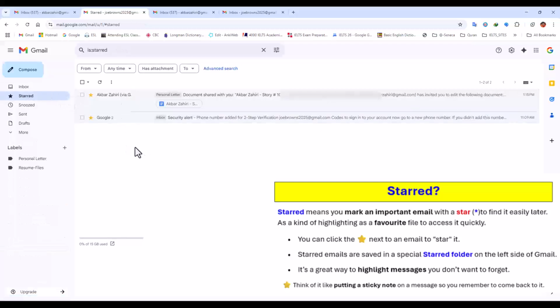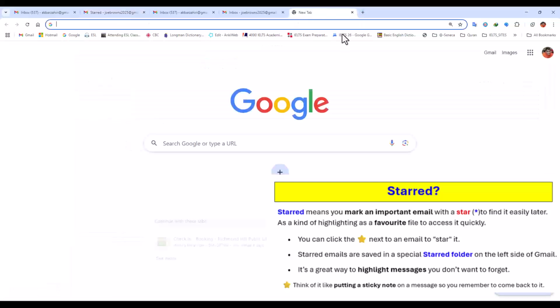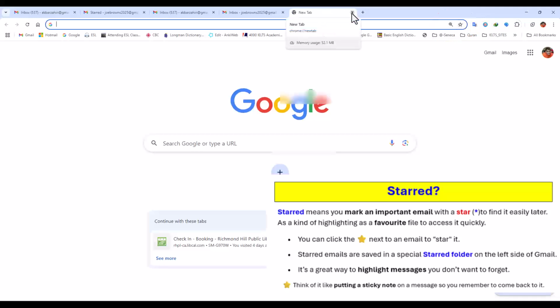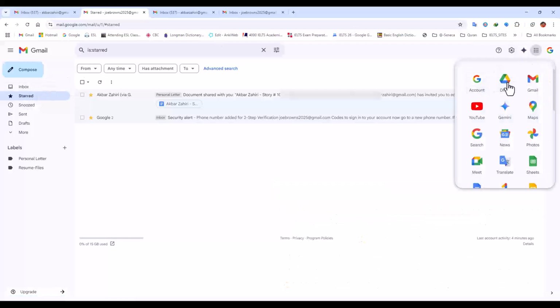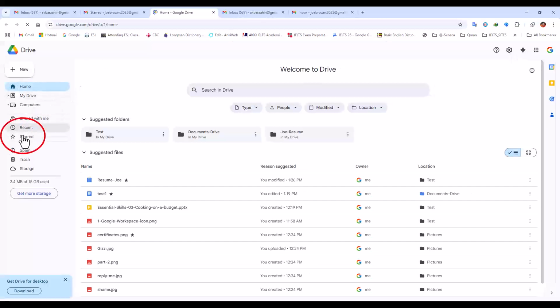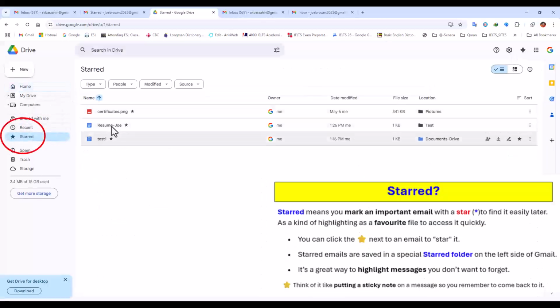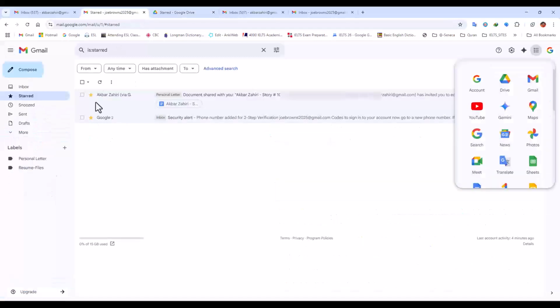It shows that it is very important for me, like a bookmark that you have on Google Chrome, where you make something your favorite. It is similar: you have saved it in your favorites and can access it easily anytime because it is very important for you. We have worked on this in Google Drive too. If you remember, in Google Drive we had the star button, and when some files were very important, we put a star on them, and we can easily access them. It is our favorites, and usually we have this icon and folder in most programs. And we worked on snooze for the notification.